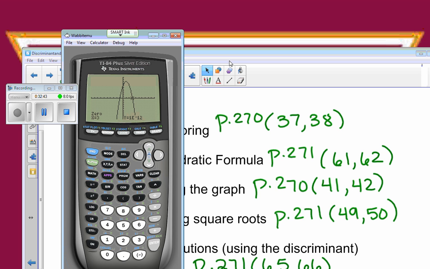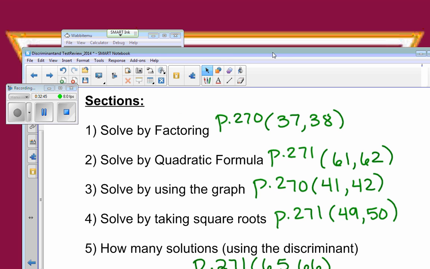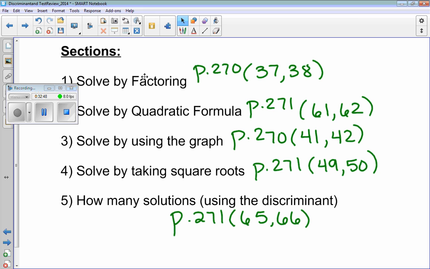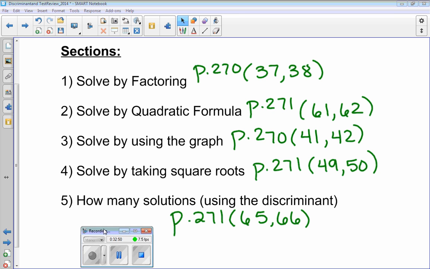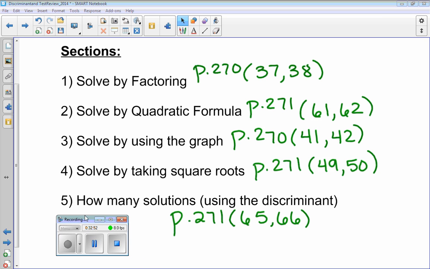And you put this in a whiteboard, right? You do. You plug it into the calculator. Is it okay if I skip the solve by quadratic formula? Because I don't know. Nope. You got to do all of this for homework, so make sure you have it written down. Everybody